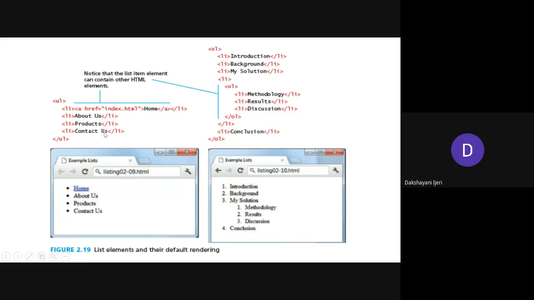Okay, so after you add all the items to that list, then you need to close that main element, that is the UL or the OL. So same as with the case of OL. However, you can nest the list items as well. Okay, so is everyone clear with at least these things?